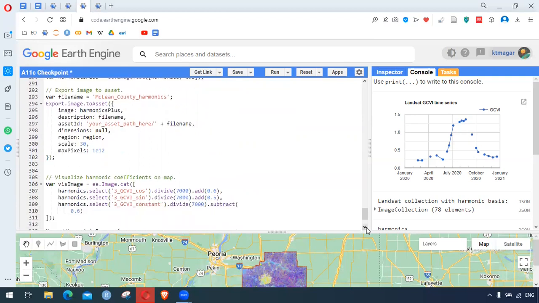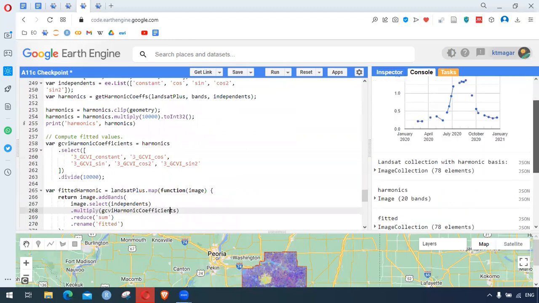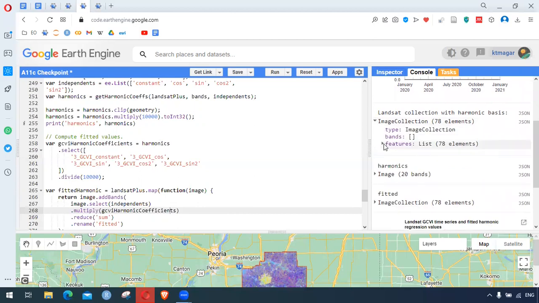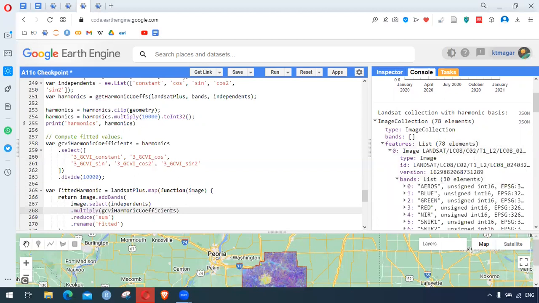So we transform at the very last here. We transformed these fitted GCVI bands via division and addition by constants, just to make a nicer visualization. So if we check the console, we have the Landsat image collection with the harmonic basis. So if we check the image bands,